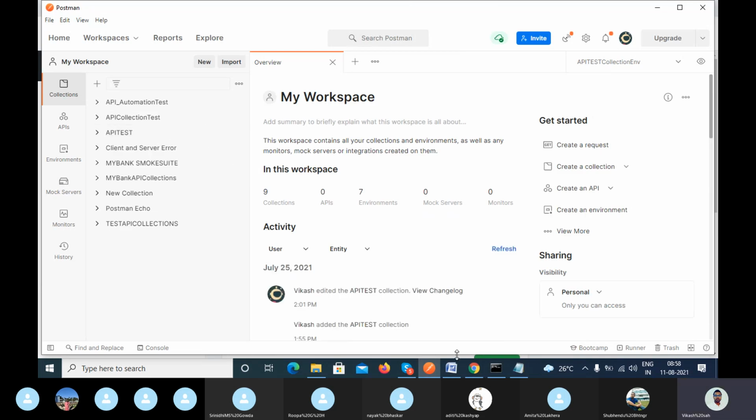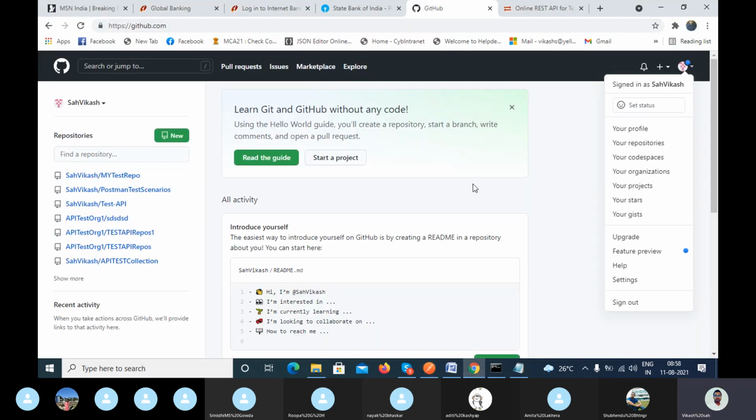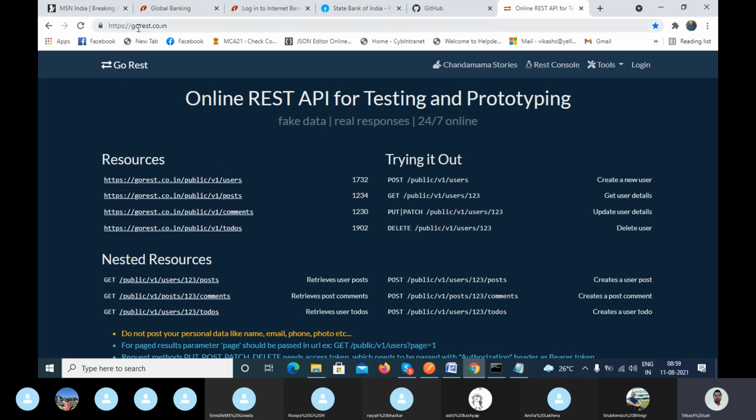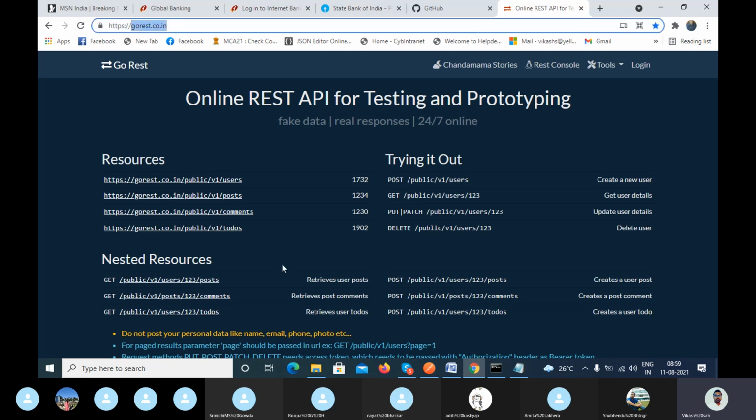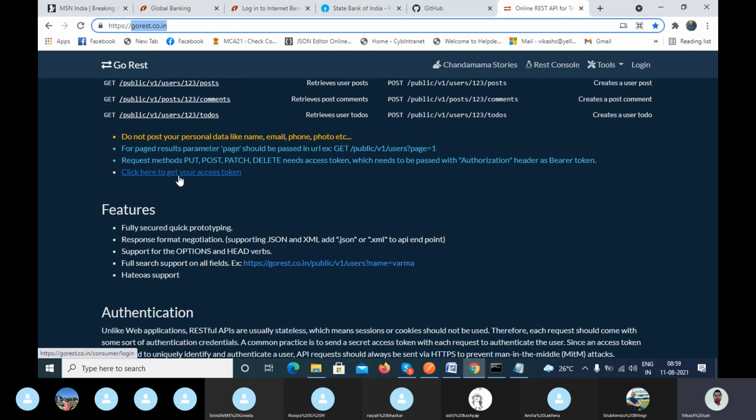So guys, till now, to use the GitHub repository, we are going to the settings and getting the token, because we don't have a separate call to generate the token. So we are getting it from the UI. Similarly, in the case of this application, we are getting the authorization from here.